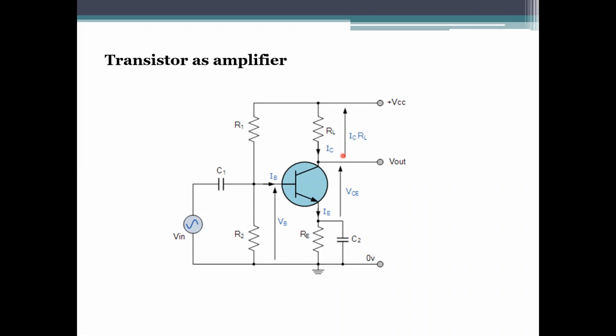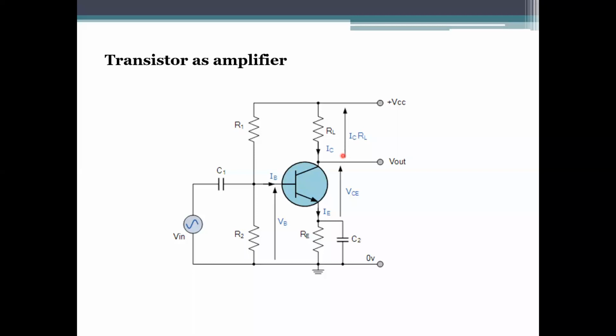So the figure shows the input signal that is applied to your transistor amplifier, and the output is taken from the collector to ground. There are three cases in total. In the first case, when the signal is zero or absent, what will happen? In that case, when the signal is zero or absent, it is known as your operating point.